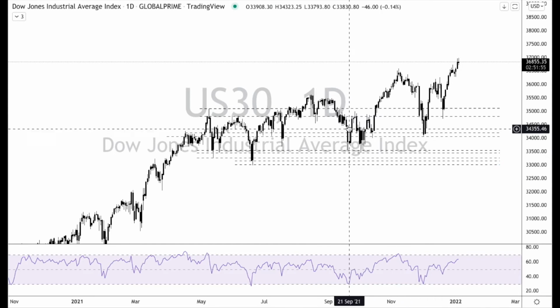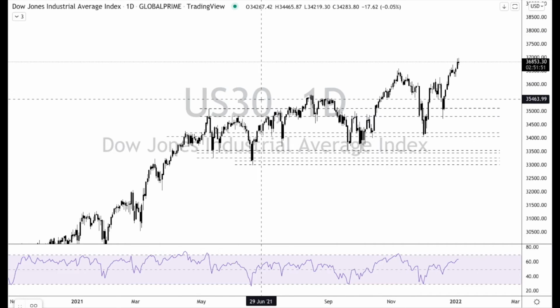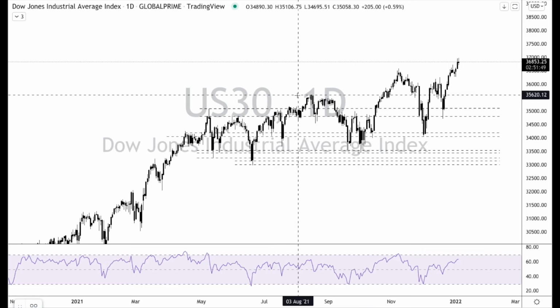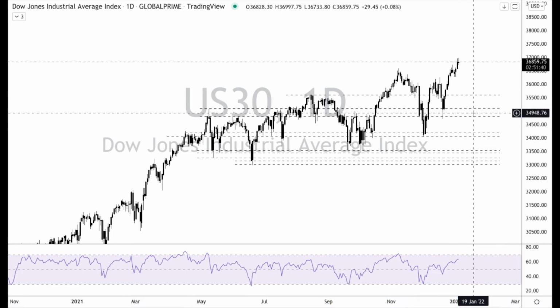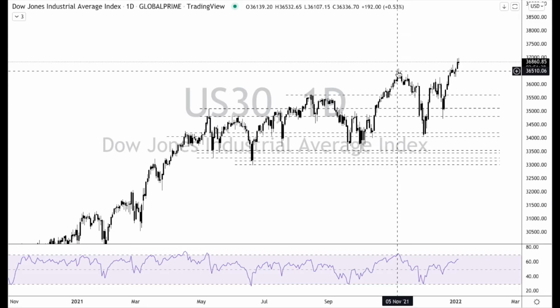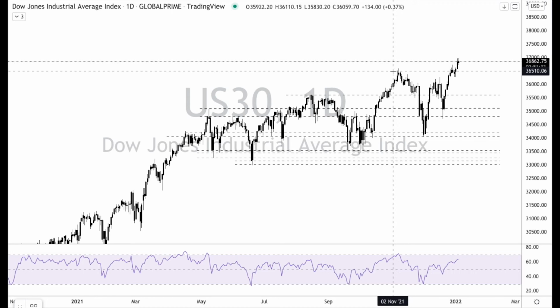Yeah, I'm going to leave that one. So we've got this zone right here, right? We've got this zone right here, and then we have this zone right here. Then we've got this zone right here, and then we have this zone right here. So it's broken this zone to make an all-time high. So because it has actually broken this zone to make an all-time high,